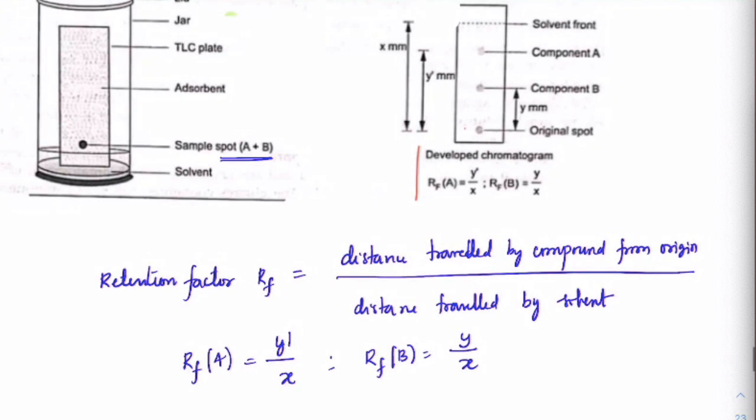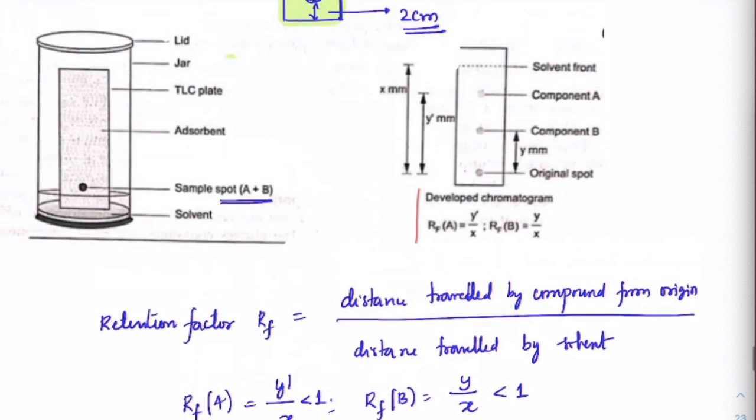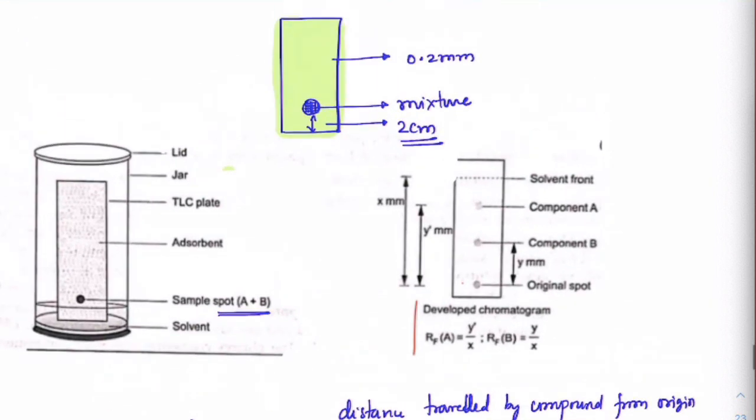And you see, retention factor will always be less than 1 because our entire idea is the solvent should move faster, correct? So retention factor will always be less than 1. This was asked in mains exam once, last year. Which of the following is the correct statement, right? So he has given retention factor of the solute or the compound A, compound B, like that. Okay, so now you should be able to identify this.